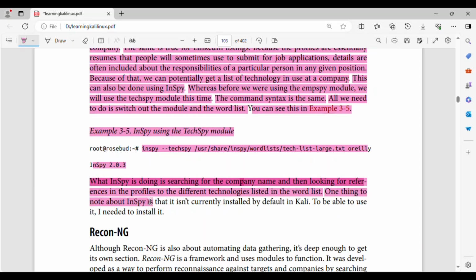One thing to note about InSpy is that it isn't currently installed by default in Kali. To be able to use it, I needed